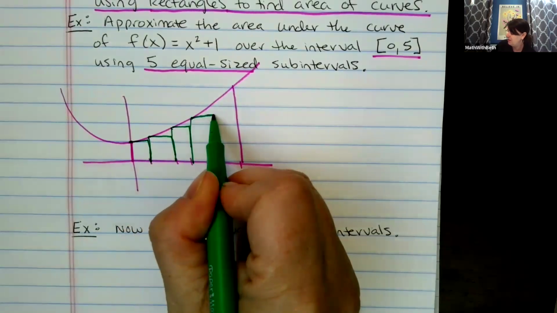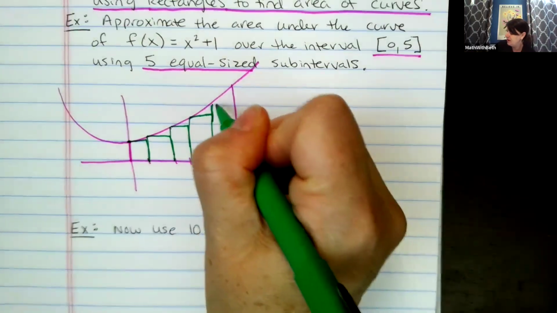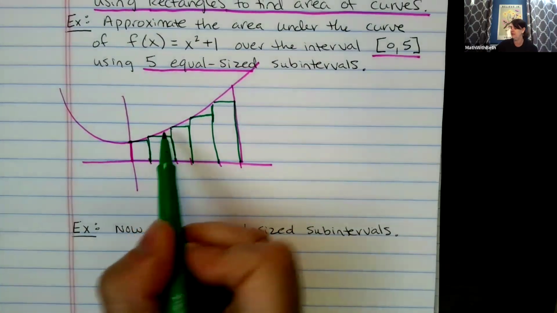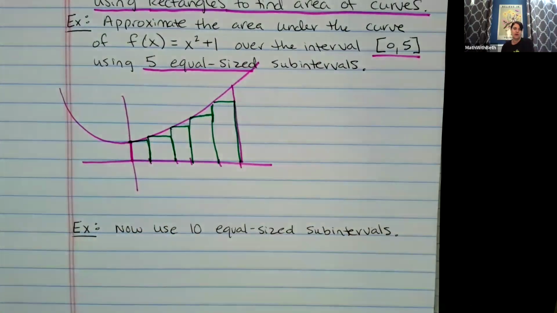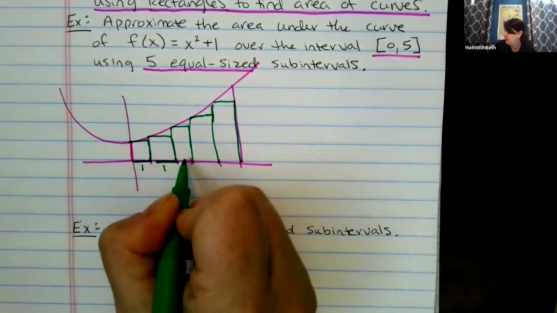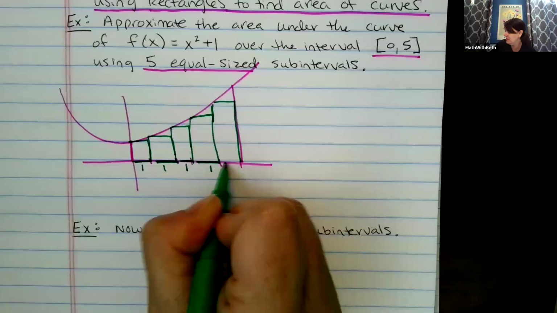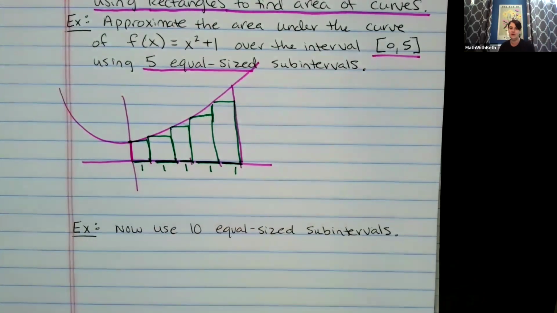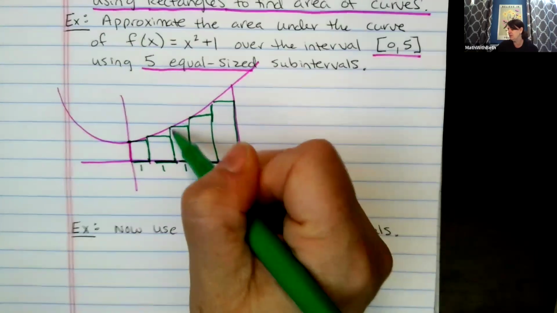So you can already tell that I'm under the correct answer because you see there's a little bit that's obviously missing as I go. So this answer is going to be a little less than the actual answer, but it's as close as I can get if I'm splitting it into 5 rectangles. So each rectangle is going to have a width of 1 because if we went from 0 to 5 and split it into 5 sections, each one would be 1, but its height is going to be different each time,